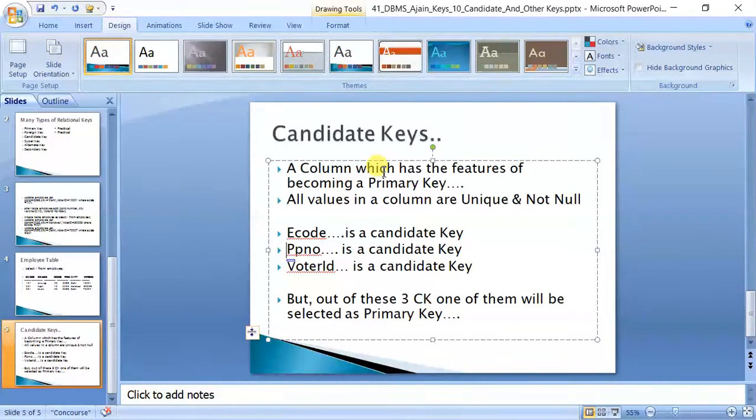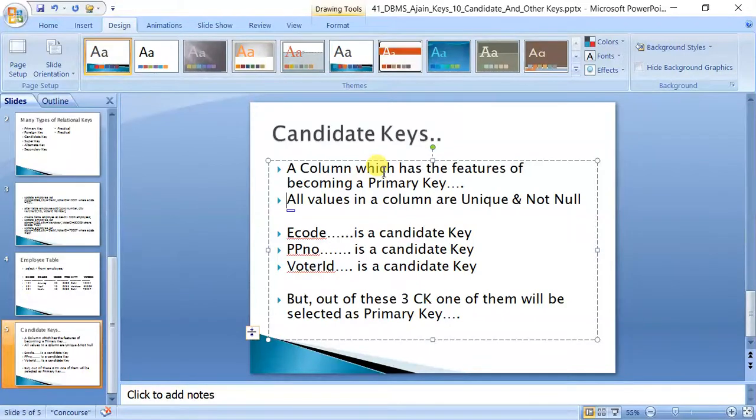Although in an employee database you can also relate that making passport number a primary key will have a lot of problems, because at most of the places the employee code will be used. So it is your aptitude that makes you decide which column is the candidate key, and only after thoroughly studying the project will you be able to decide. And with experience, you can just have a look and say which column is best suited for selecting as primary. So this table has three candidate keys, and we have decided only one.